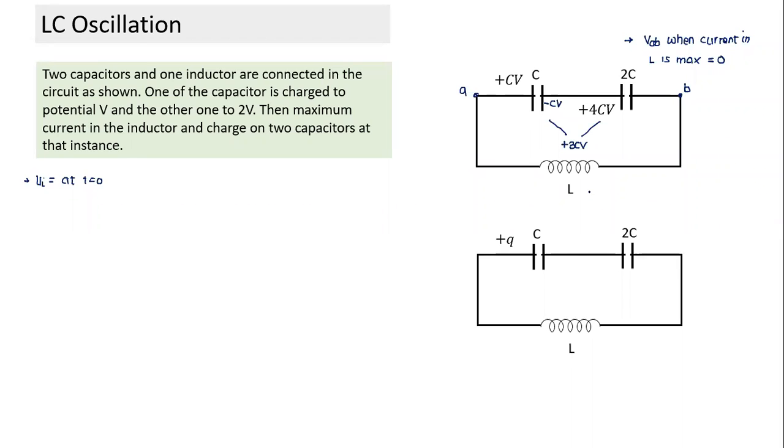The final distribution also, I need to distribute this charge of plus 3CV to these two plates in such a fashion that the potential across them becomes equal and opposite. If both are given the same sign of charge, the potential becomes opposite in sign. Does it not make sense? Potential is Q by C, so this should get more charge for the same potential, and this should get less. Suppose this is plus 2CV and this is plus CV. Does it meet this condition?